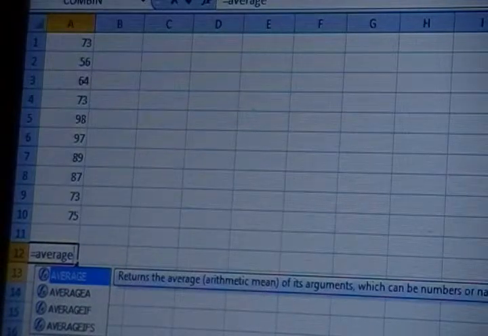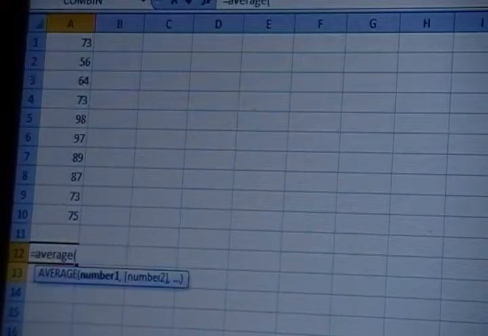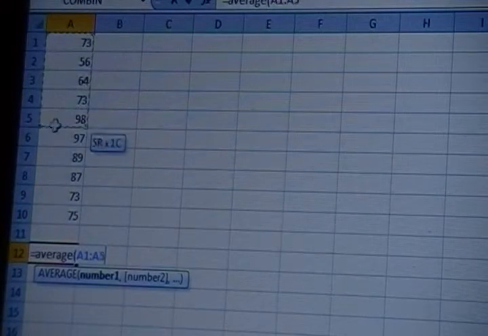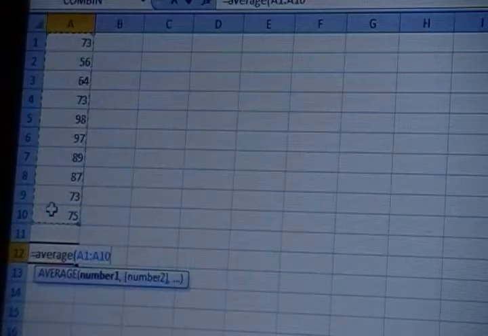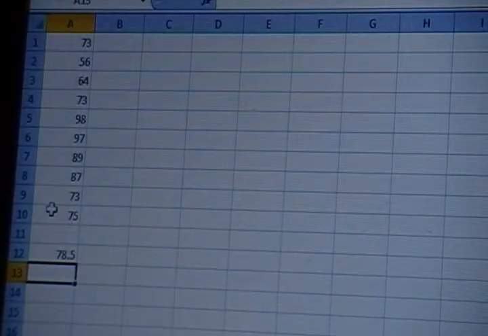And then it's followed by your parenthesis, and you open your parenthesis. Now you have to choose the data that you want to find the average of. So you click and hold in the first cell and highlight down to the last cell. So if you had done it in a row, you would go across, of course, and if it was an array, you would go across and down until you've enclosed the entire set of data. When you get to the last one, all you have to do is hit the enter button, and there's your